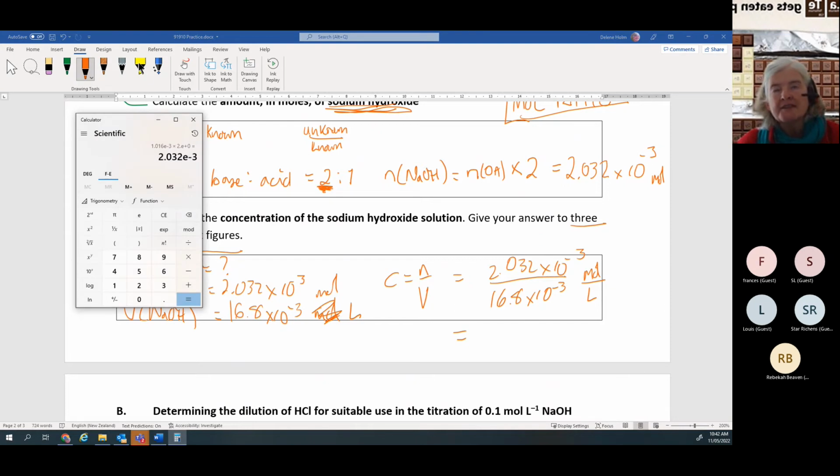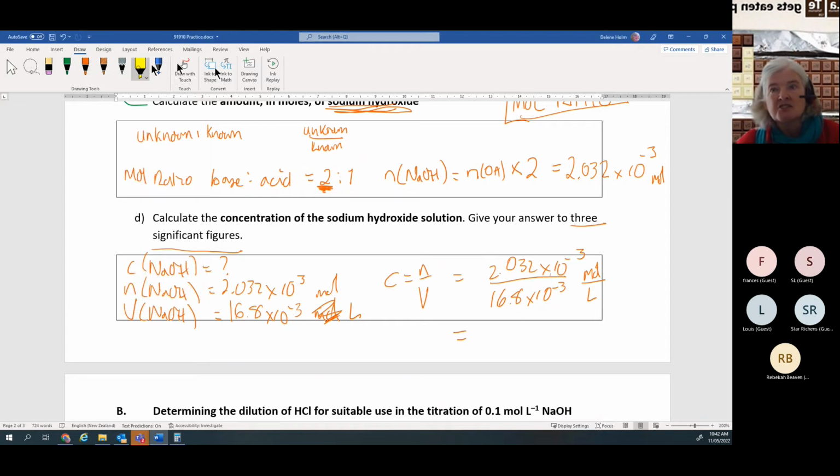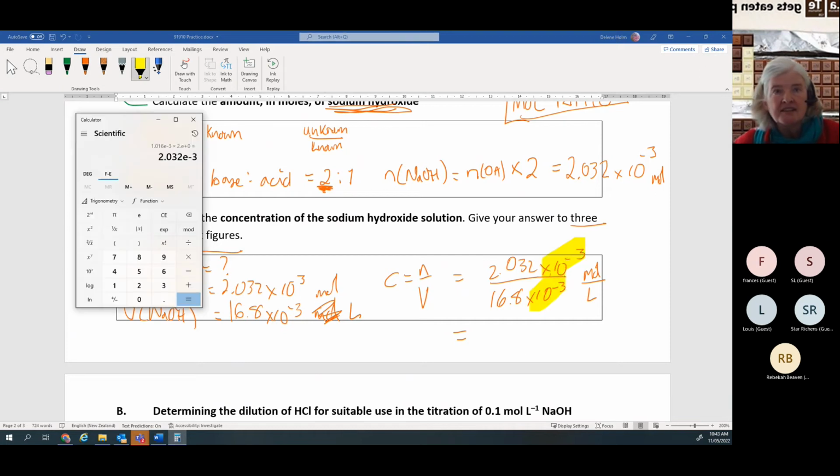And now my final answer is... If you know your maths, by the way, to make things clear, you could just simply say 2.032 divided by 16.8 because the 10 to the minus, these sort of cancel out. But if you've kept all your figures in the calculator, so you've already got it in there, so now you would just say divided by 16.8 exponential 3 minus equals. And now I've got a long number over there. If I want to get rid of the FE, so it's now